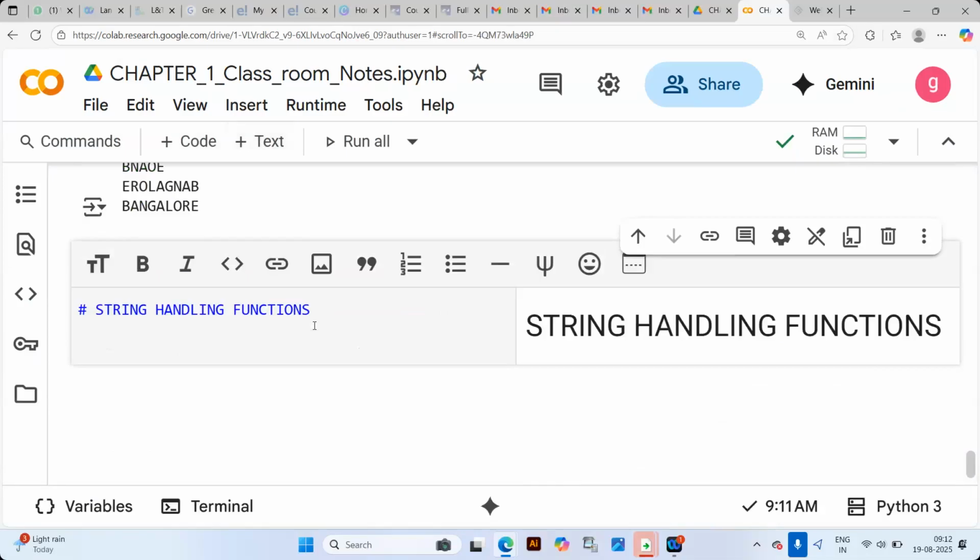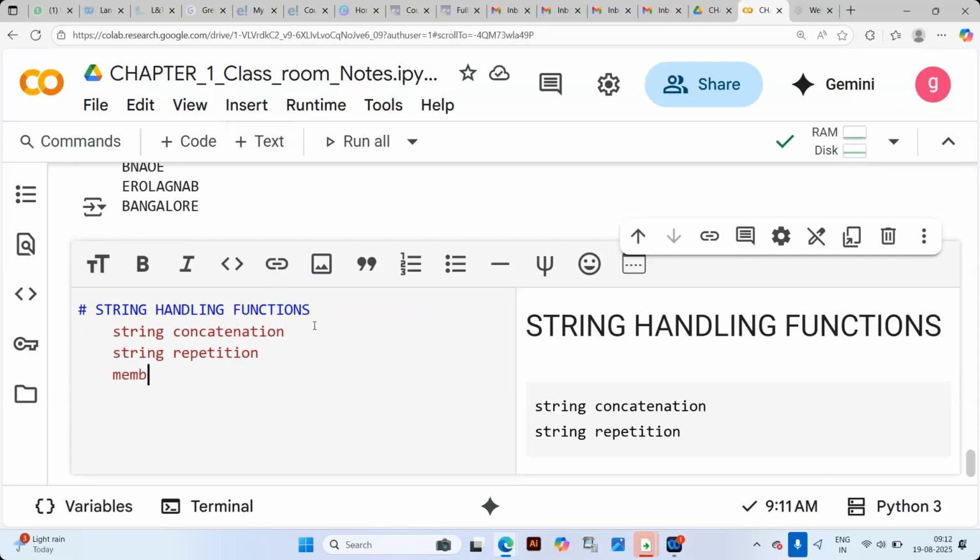Which means there will be string concatenation, string repetition, member searching, indexing, find index, replace, and joining, join function, split function,